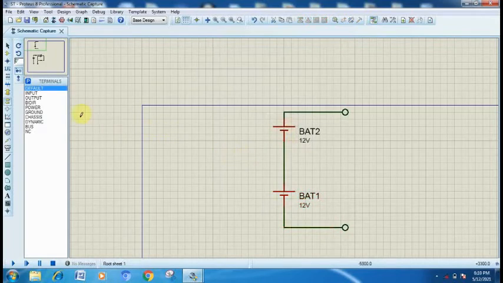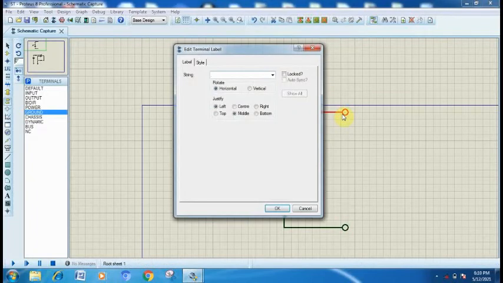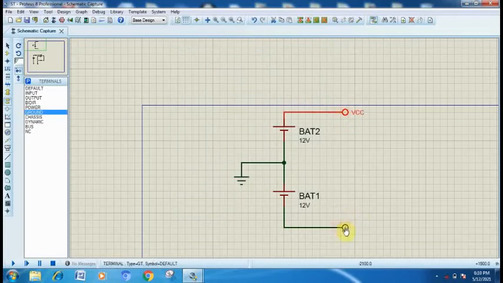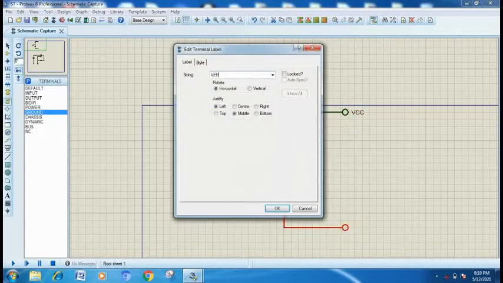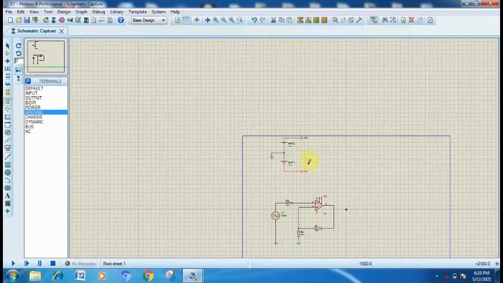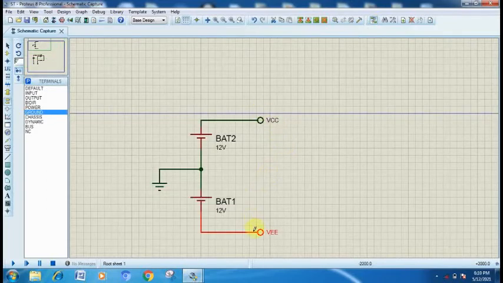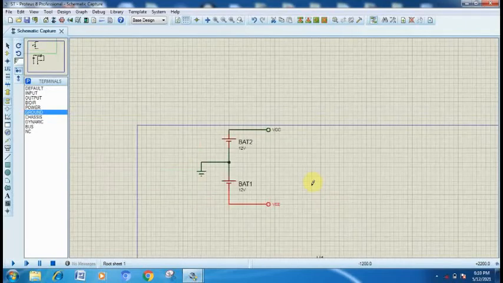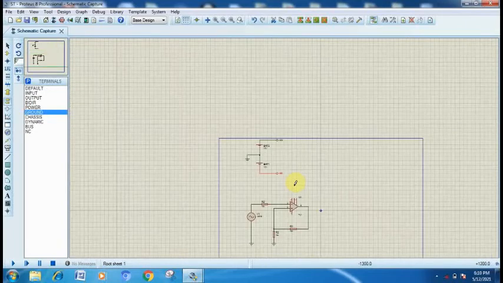Place one ground terminal at the middle. Now give this terminal the name VCC and give this terminal the name VEE. Now the same names VCC and VEE we will give to the respective plus and minus supply terminals of our 741 IC.